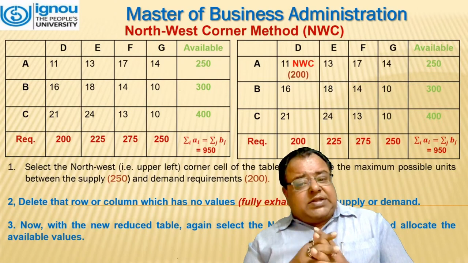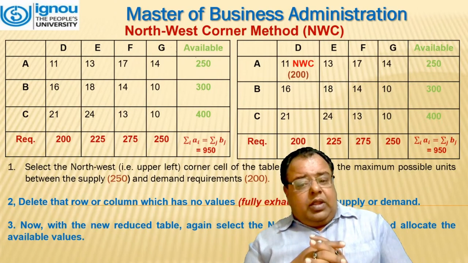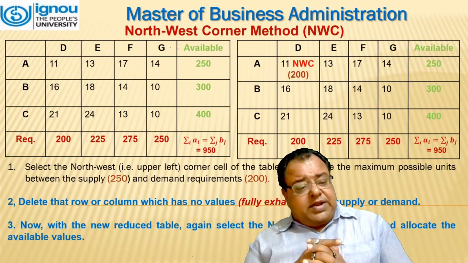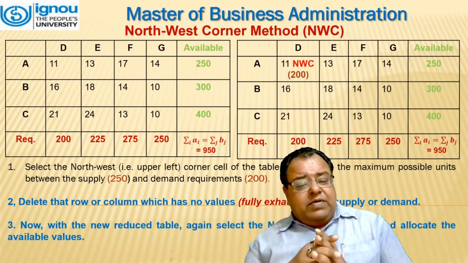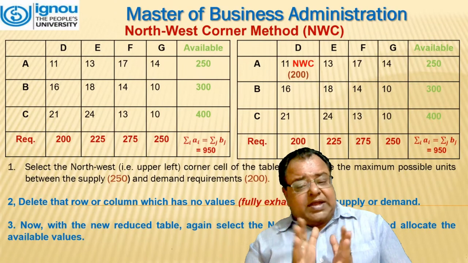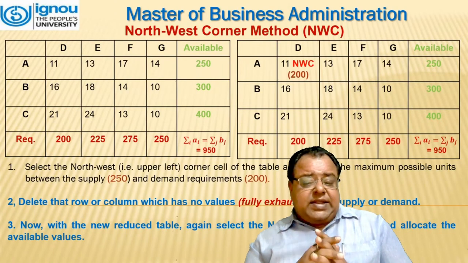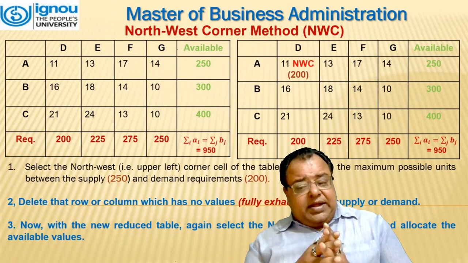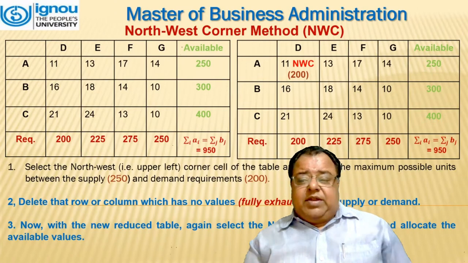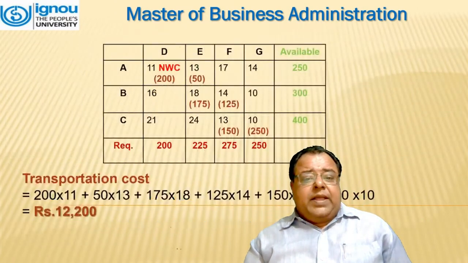We take out the maximum possible units between 250 and the demand requirement 200. We place 200 over there, and delete the row or column which has no values left, which is fully exhausted for the supply or demand. Now with the new reduced table, again select the northwest corner and allocate the available values. So what we will be doing,